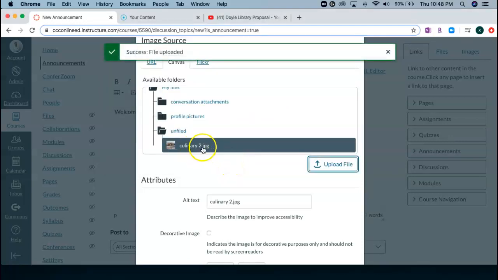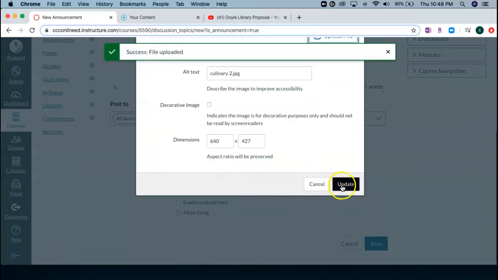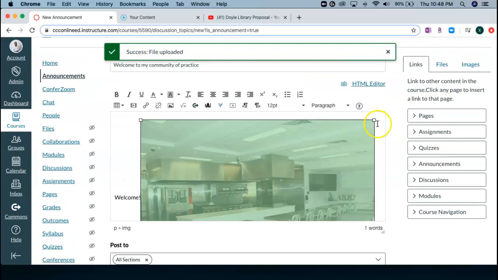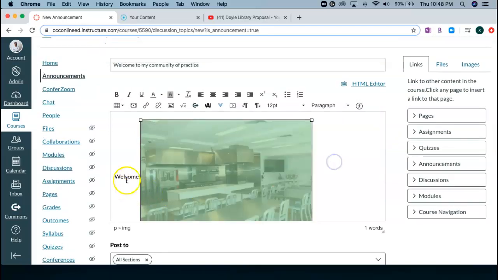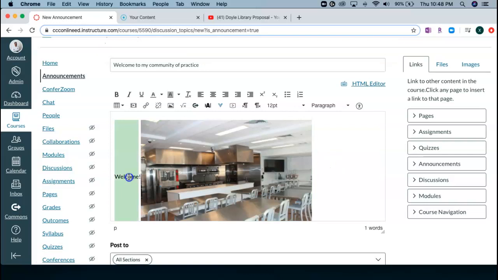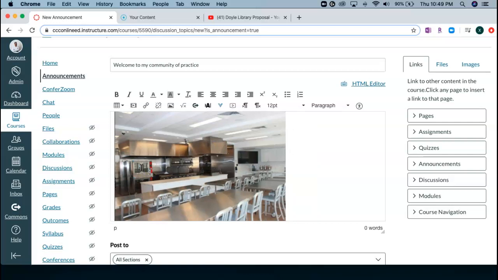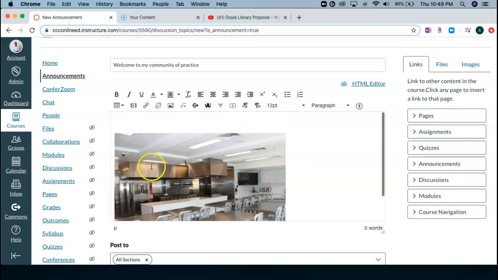And that file appears there. We select update, and we see that image appears there. We can adjust it right in the viewer. We can move this around. We can